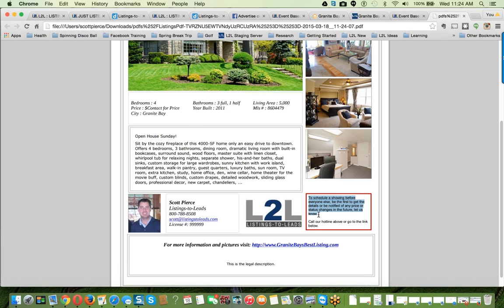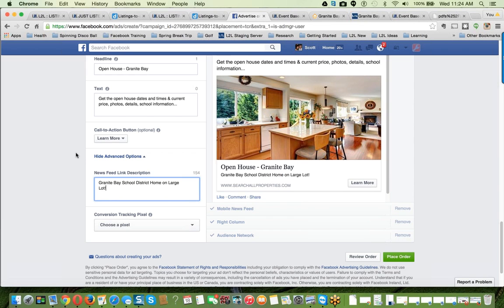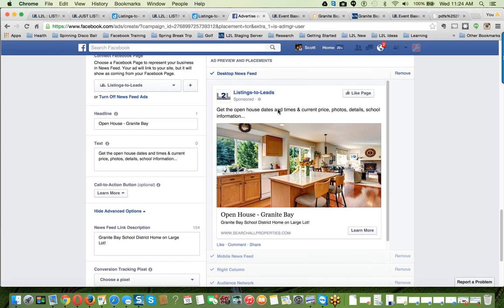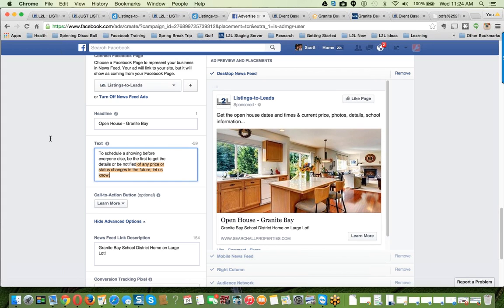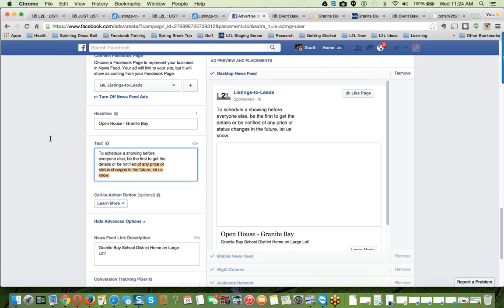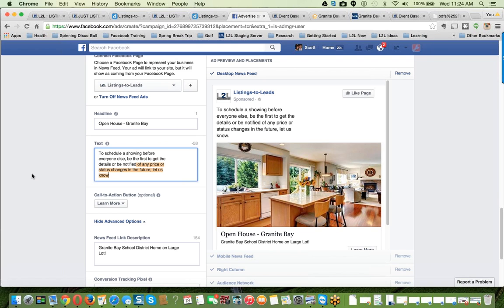I wouldn't want to do this up below. That wouldn't make any sense. But yeah, I could do that if I could take that over to Facebook. I think either one would work, right? Get the open house date, times, current price information, and more. So I could leave it like that. Pete is saying, go ahead and take that information from the print flyer, right? Now, see where it says yellow, then that means